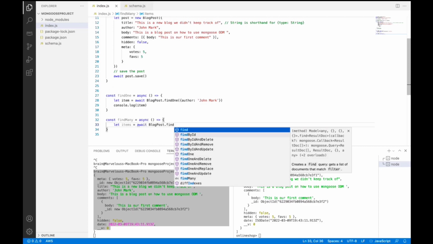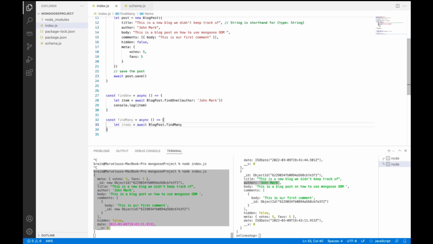We have find by ID and delete. So you want to look for a specific item and perform delete automatically. Find by ID and remove. Find by ID and update. I mean, you need to explore everything here, because they are beautiful in specific use cases, right? So for now, we are just going to find many, and yes, we're going to find many. So this probably gives us